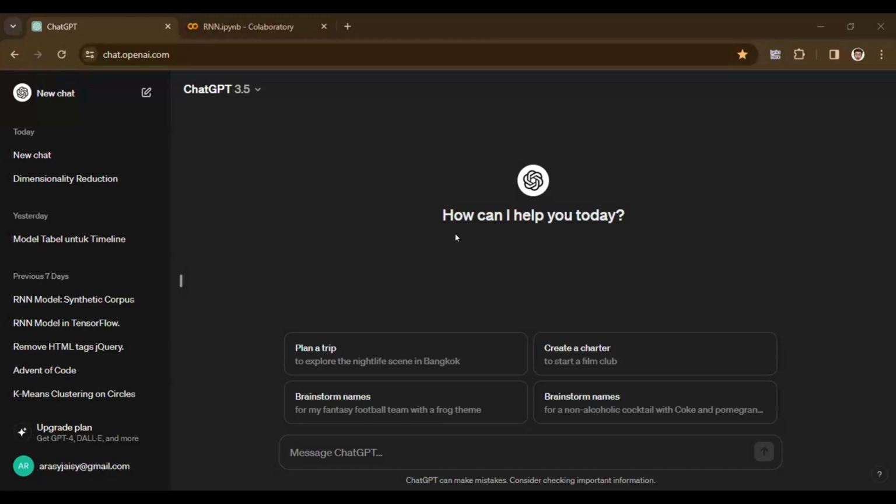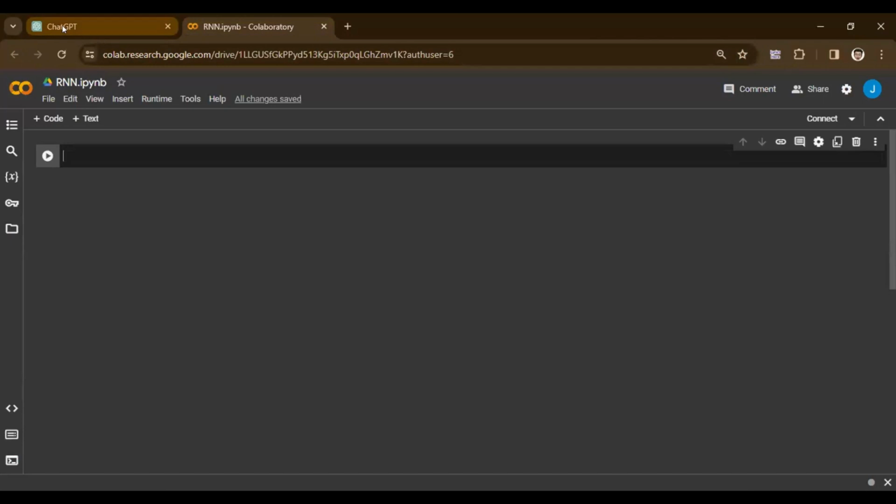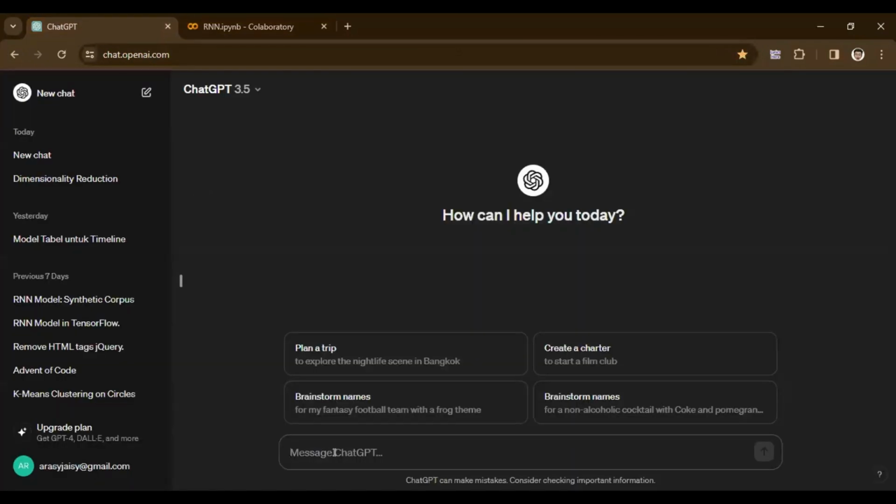We are going to create a simple one because larger ones will take some time to train. So I hope everyone can open their ChatGPT and Google Colab, and so we can start prompting. For the first prompt, we want to ask ChatGPT to create patterns or rules for generating text. I'm sorry. Let's ask GPT to write Python code